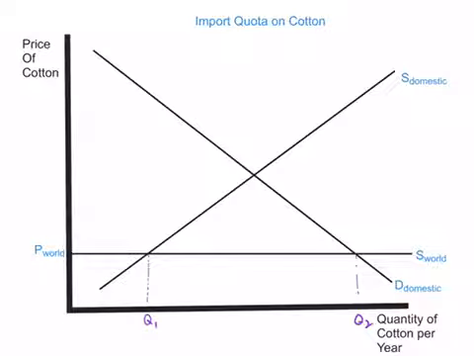Okay, so at this point I'll remind you that a quota is a quantitative restriction on imports. So one cheat that we discussed in class is to set up some numbers here. So if I say this is 200, and if I say this is 700, I'm going to set an import quota